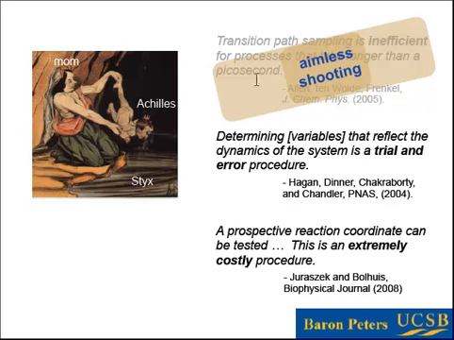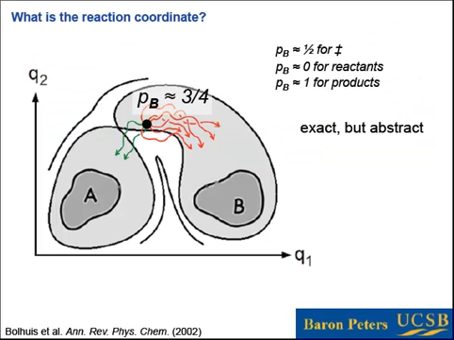And I should note here that there are some other algorithms. For example, the one-way shooting algorithm of Ballhaus does a pretty good job at fixing this inefficiency problem as well. So determining variables that reflect the dynamics of the system, this is identifying the reaction coordinate, and also testing the reaction coordinate remained a problem. And first we have to specify what we mean by a reaction coordinate. Well, there's actually a very general definition of the reaction coordinate that's been arrived at now from various theoretical angles. It is that the committer is the reaction coordinate.